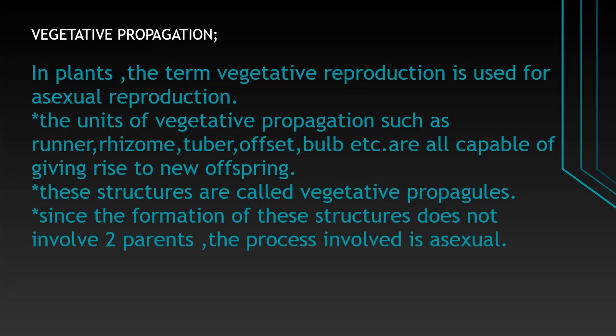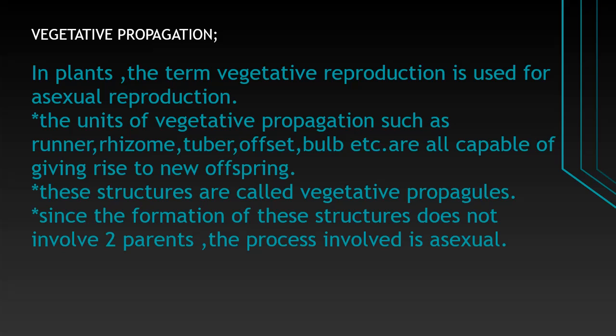So now we'll see what is vegetative propagation in general. In general, it is an asexual method of plant reproduction. That means plants reproduce asexually, and that method is called vegetative propagation. It occurs basically at leaves, roots and stem, through fragmentation and regeneration of specific vegetative parts of plants. So this is the general concept of vegetative propagation.